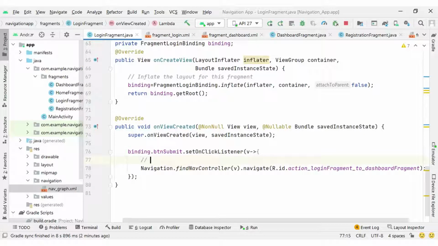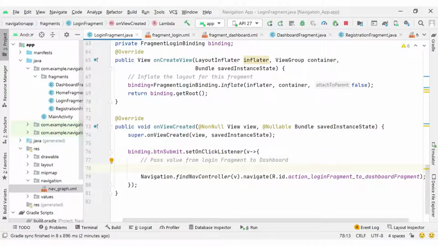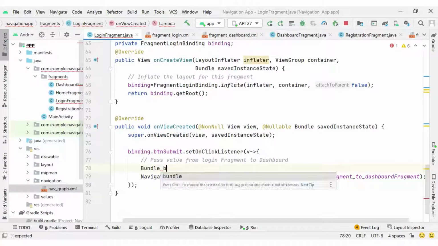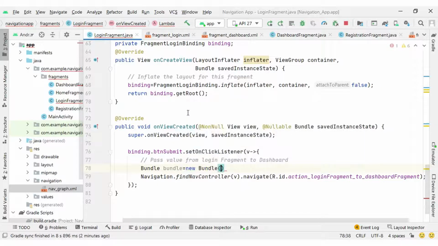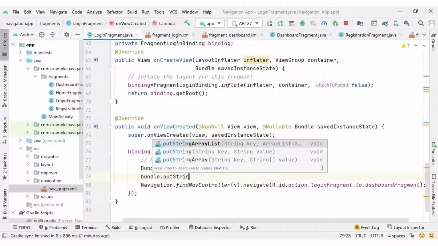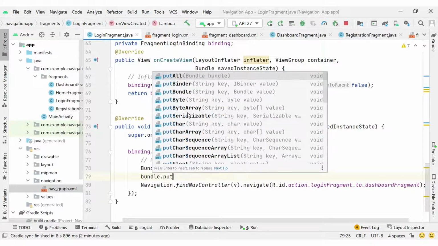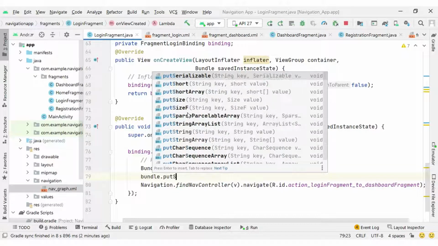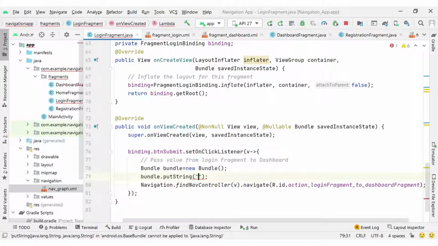So what next? We need to pass a value from the login fragment to the dashboard fragment. For that you can find different options. Here I am going to implement the Bundle. Through a Bundle we can pass the value from this login fragment to the dashboard. So let me create a Bundle instance first of all. After creating the Bundle instance you can put values here, whatever type of value you have: putString, putInt, putFloat, putDouble, putBoolean, any type of data you might have. Currently I am going to pass a string value, and the key of